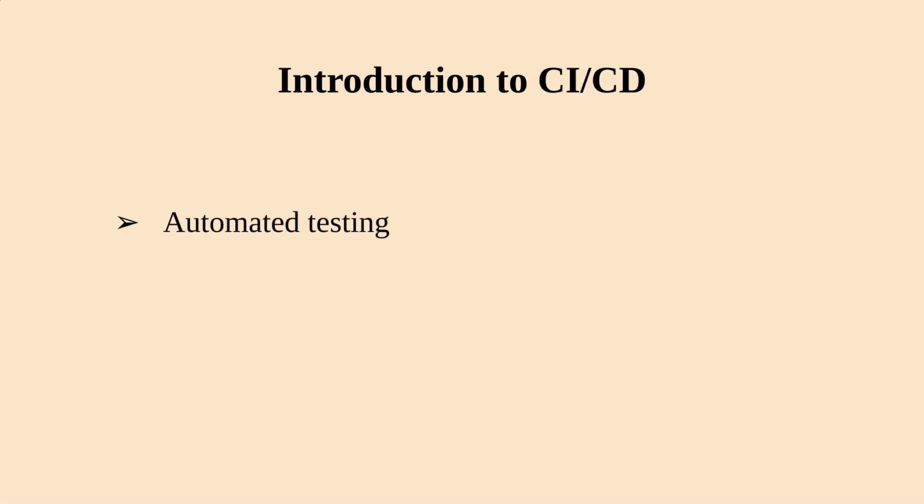Automated testing is a key part of CI and CD workflows. GitHub Actions and GitLab CI CD can be configured to automatically run tests on your code whenever you push changes to your repository. In Python, a repository is a central storage location for managing packages and libraries. You can think of it like a grocery store where you can get various items.